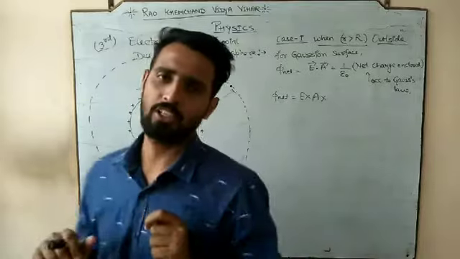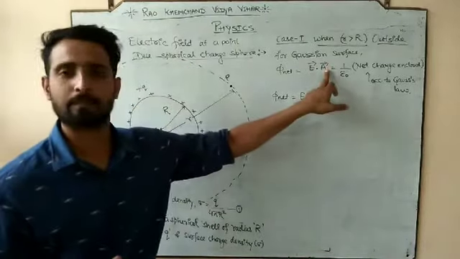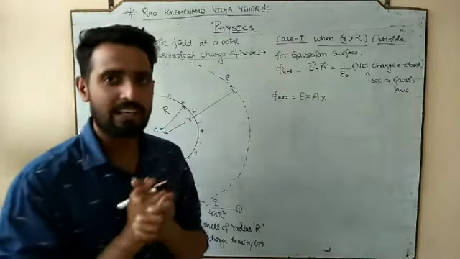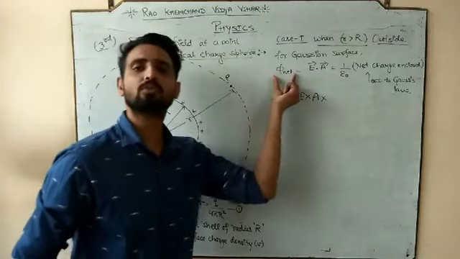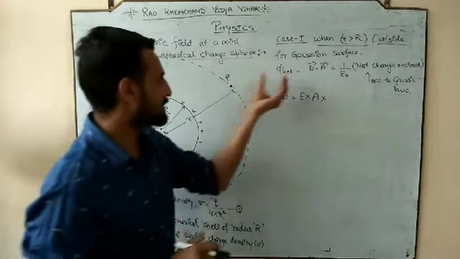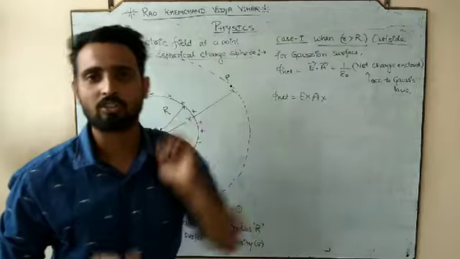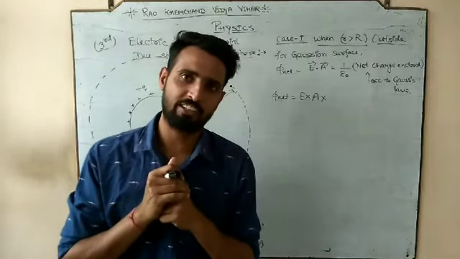So now my question is again, whose area am I talking about here? If you want to understand whose area I am talking about, look at what we are going to do. We are going to find out the net flux, and we are going to find it for the Gaussian surface, because we have to study the Gaussian surface.